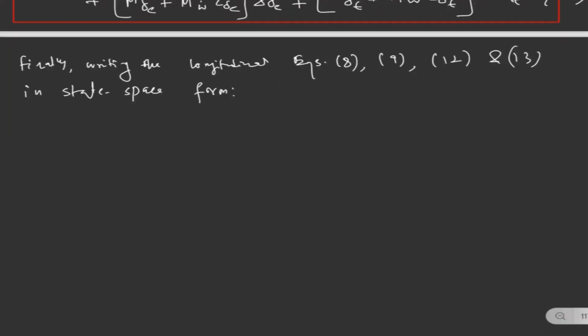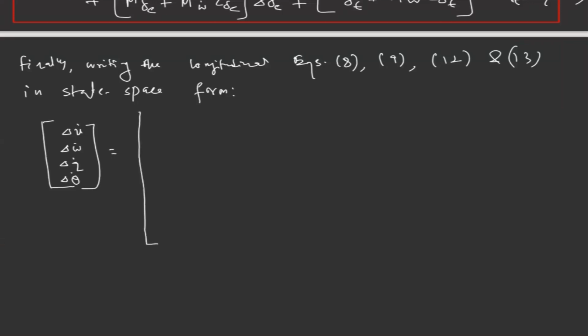We have the state derivative vector here: delta U dot, delta W dot, delta Q dot, and delta theta dot. So four variables need to be controlled,